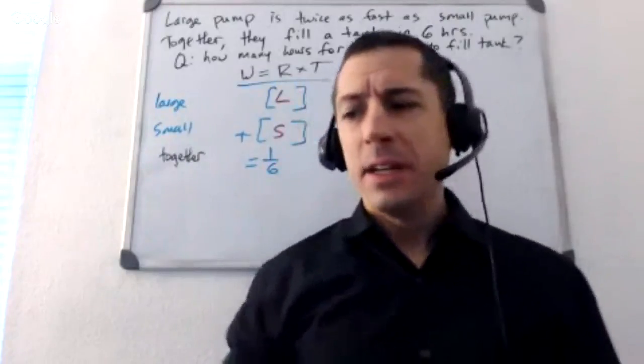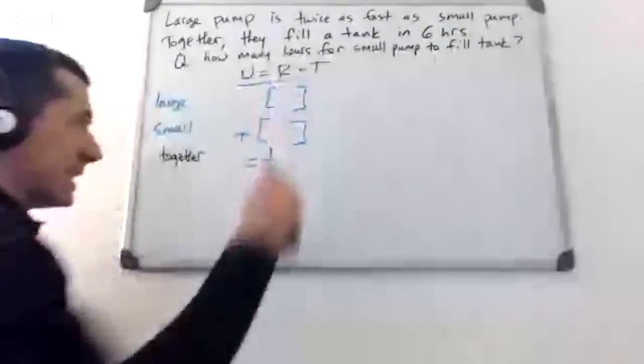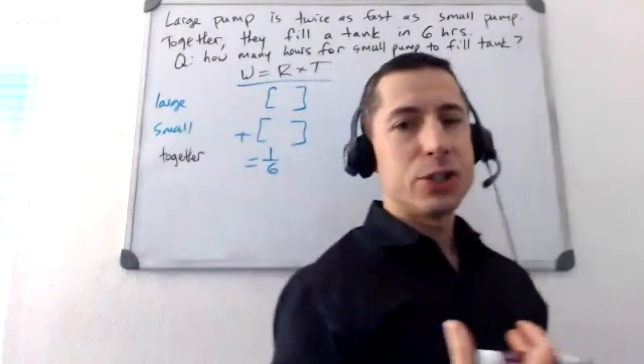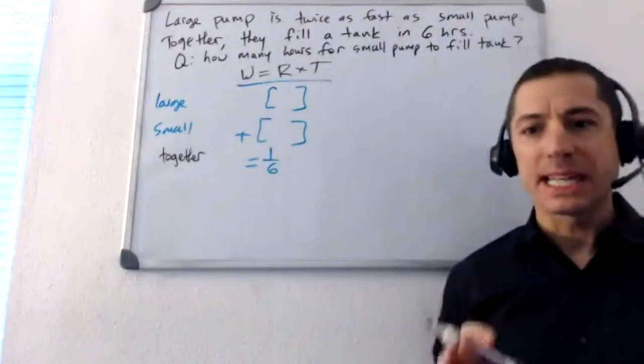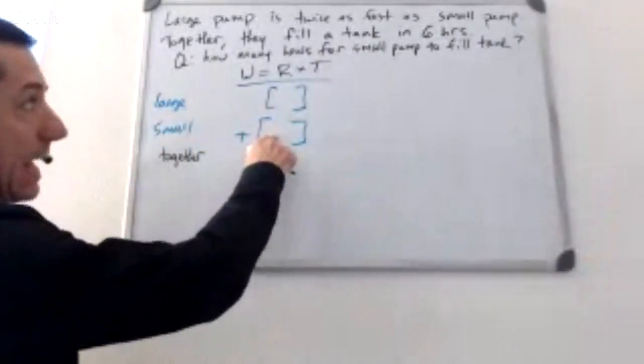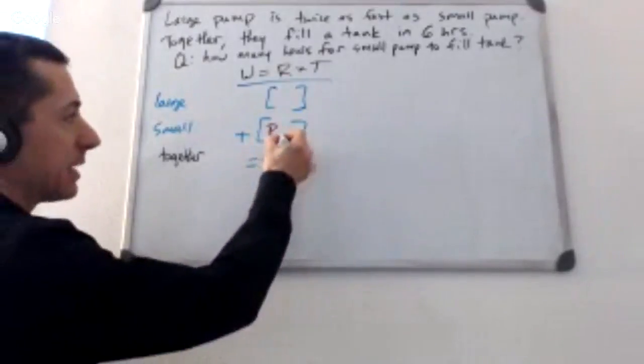Was it time? So what I want you to do here is always think about these as something that you're going to recognize later. Make those variables as intuitive as is humanly possible. It's going to save you time. It's going to save you effort. It's going to prevent errors. So instead of calling that small pump just S, or calling the rate S, call the rate a rate, but then label it. Give it a little subscript.